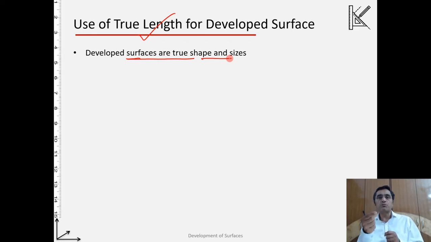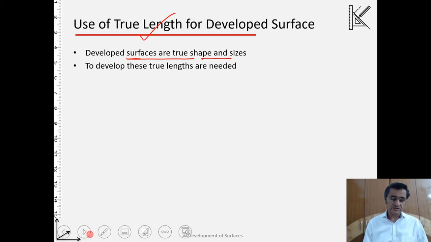And to generate the point view of a length, I need the true length for that length. So we will see a way, we have seen it, but I'm again emphasizing this, how we can get the true length for an oblique line, because we will make use of this a lot over here.